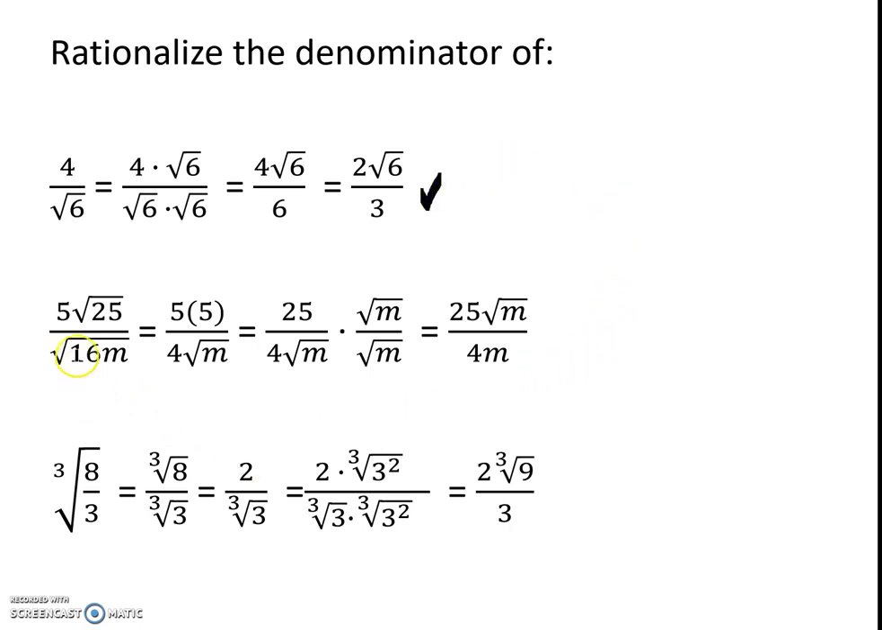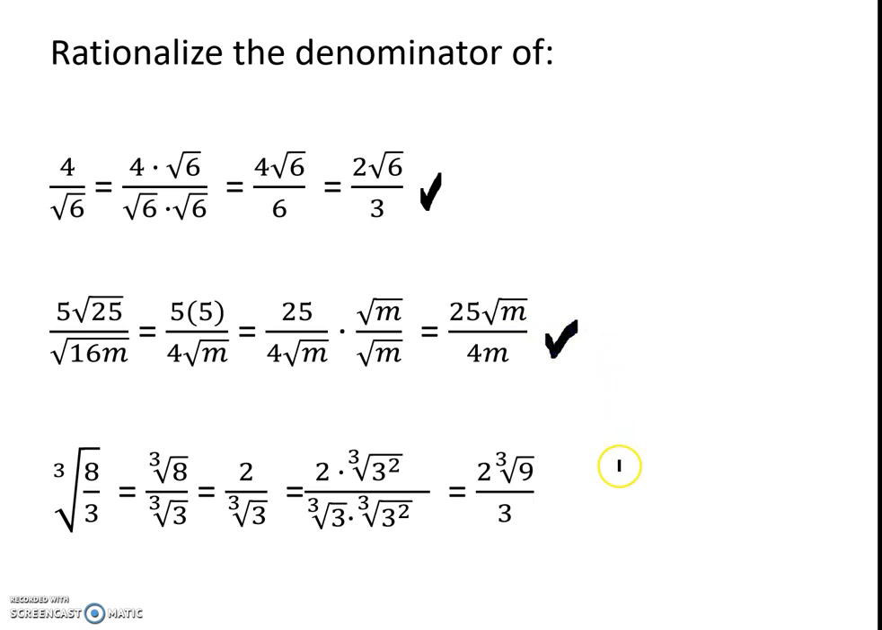Our next problem is 5 times the square root of 25, which we know is 5, and the square root of 16m in the denominator. The square root of 16 is 4, so we bring that outside the radical, and we're left with m inside the radical. So again, we take it times itself, and we get 4m in the denominator. But what we do here, we also have to do to the numerator, and we get 25 radical m over